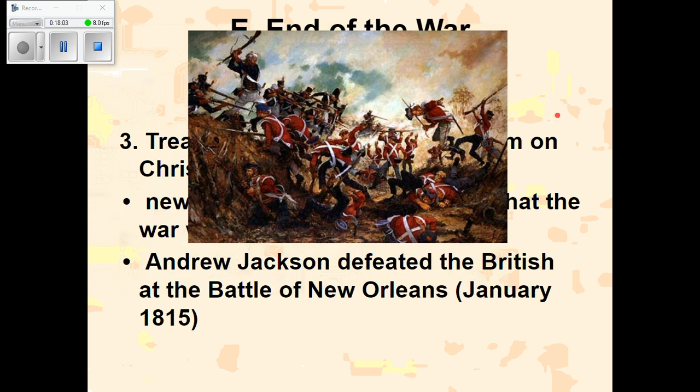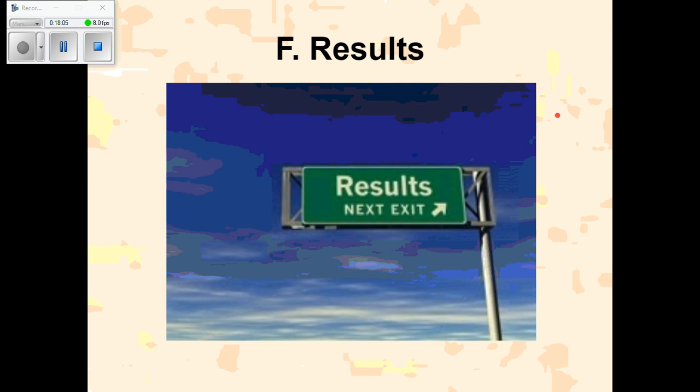So at this point, we've defeated Britain again. They don't get a third chance. We've knocked them out twice. And so the main results from this are really why this note set's important. Because we don't really have anybody standing in our way anymore, we're able to do some things to push the United States forward. And in terms of that, it would be land expansion. That's the big thing.